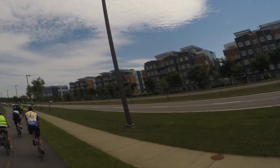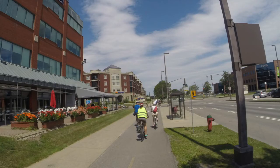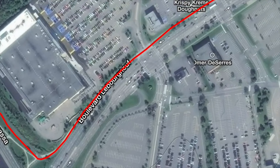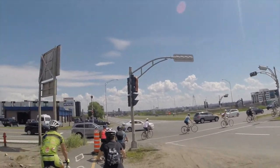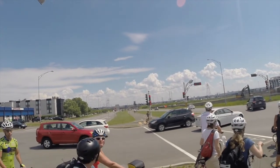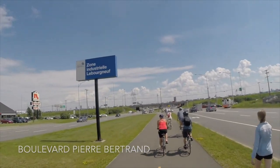Continuing through a more urban, but still car-dominated area, we saw some good examples of managing space for pedestrians, cyclists, and transit users, but again, keeping everything on one side of the road reduces its utility somewhat. Crossings proved to be fairly dicey for our large group, but even for an individual, I could see a high potential for conflicts. For this stretch of the trip, we rode in the center median of a twinned section of